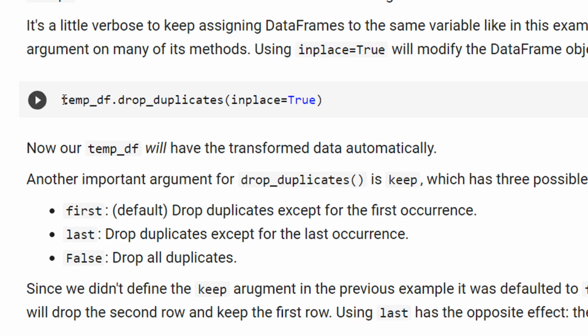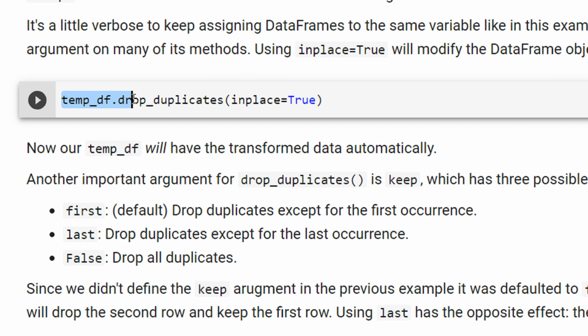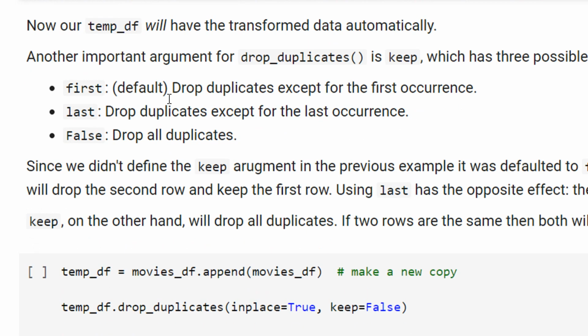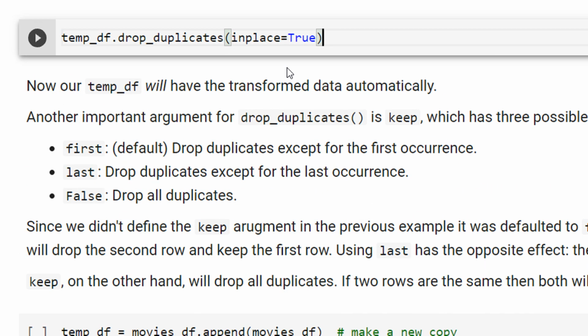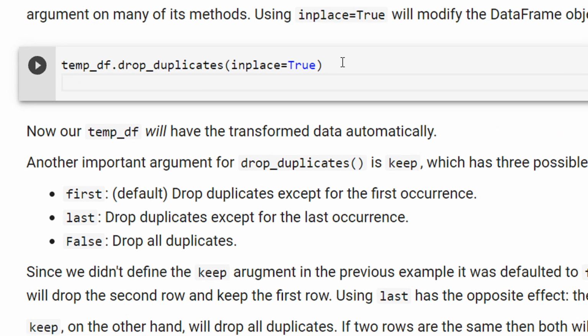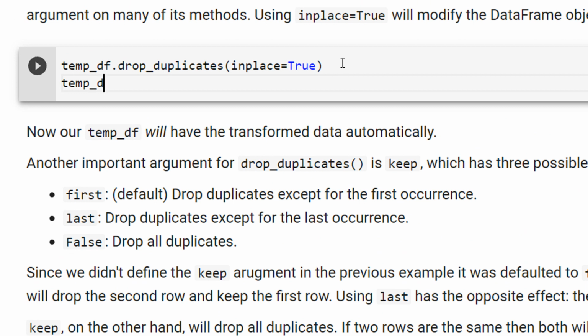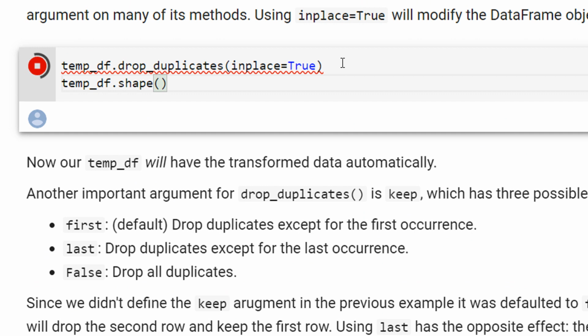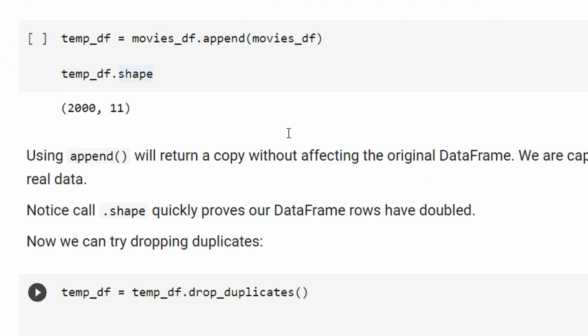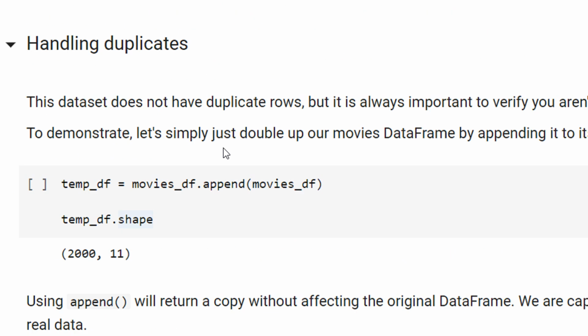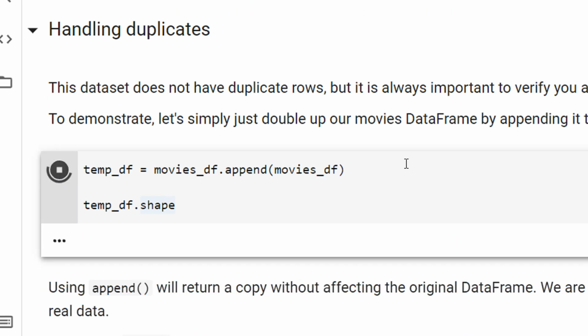Now there is an interesting thing, which is inplace equal to True. Let me show you what happens here, and let me just do temp_df.shape. Oh, I did not execute this, sorry guys, while explaining I forgot to execute.